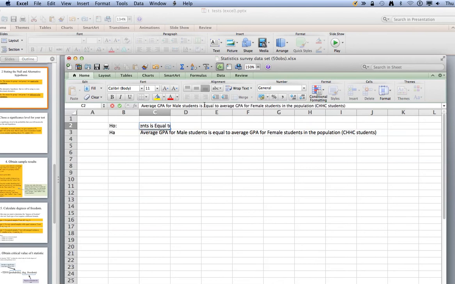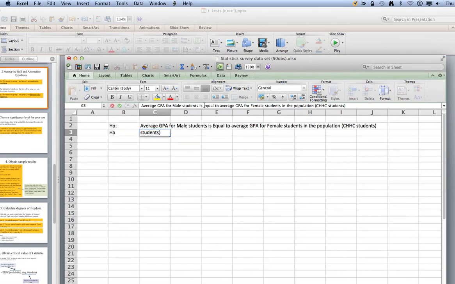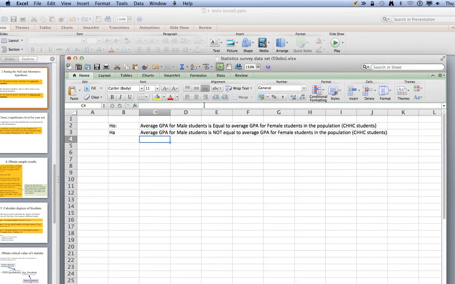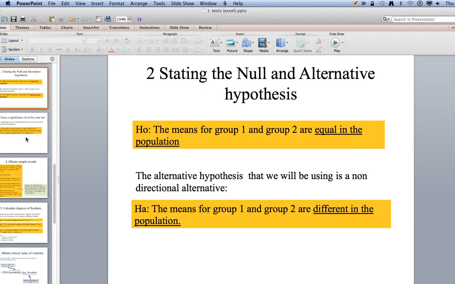Right? The null is that the average GPA for male students is equal to the average GPA for female students, and the alternative is that the average GPA for male students is not equal to the average GPA for female students in the population, right? And the population is all CHHS students. Okay, good. So step 2 is to